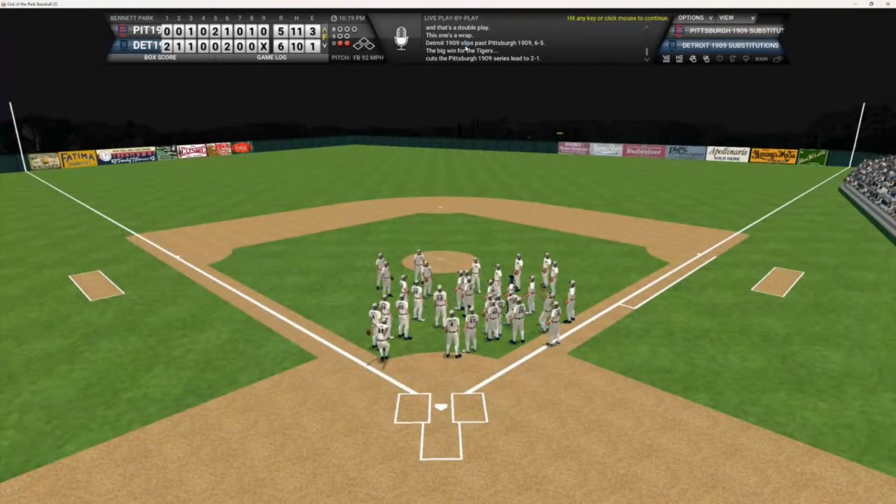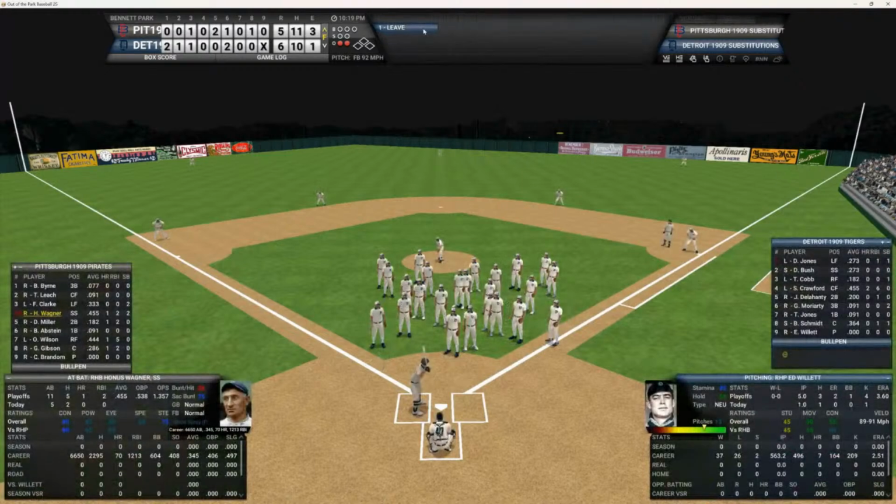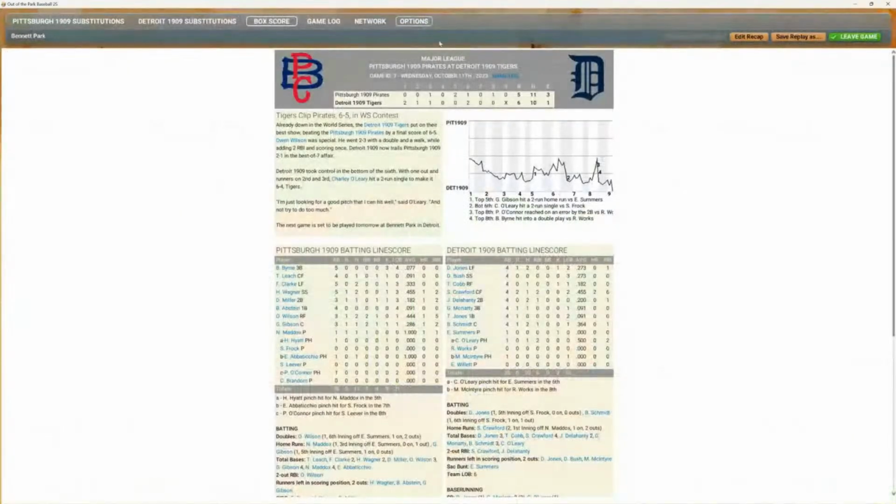Take a look here at the box score. 5 runs on 11 hits and 3 errors. The Tigers 6. Wilson was 2 for 3 with a homer.